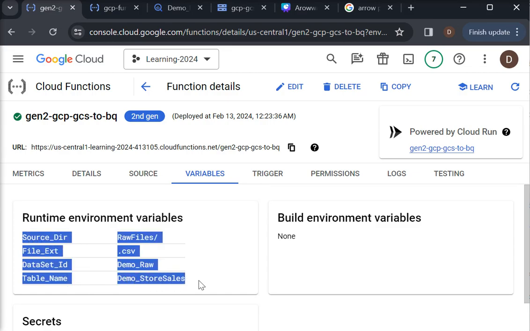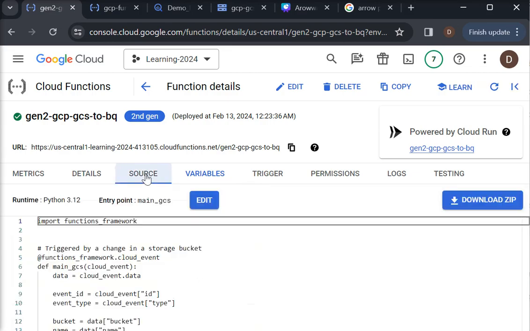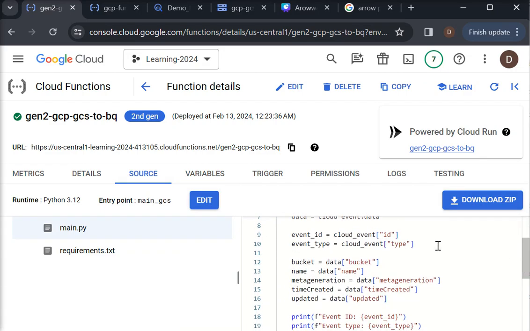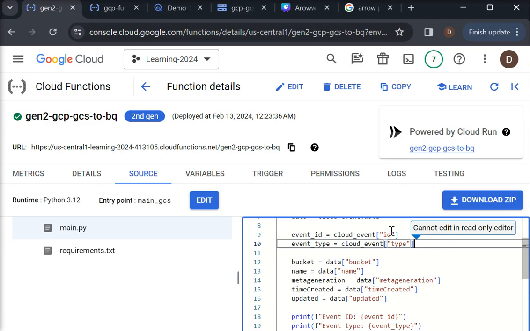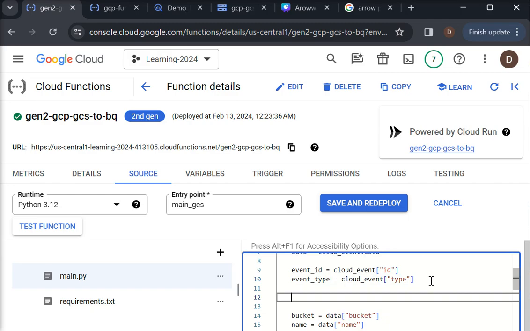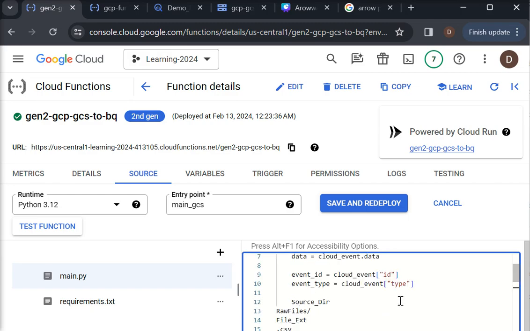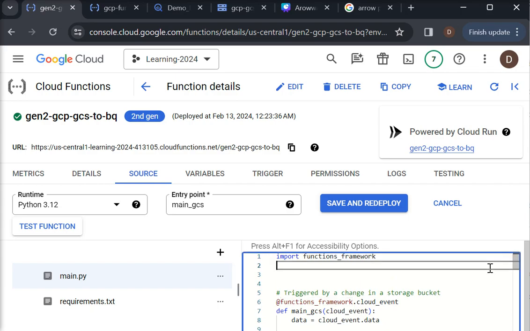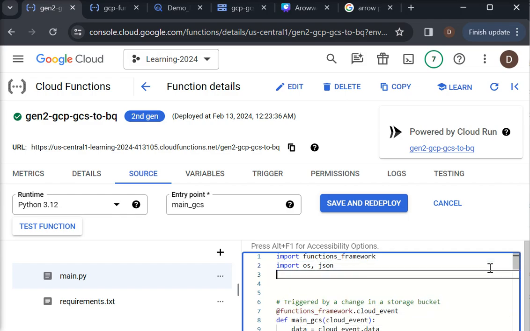Then copy and paste it from there and go to the source window. Okay, in the source window I'm just going to edit it and then paste them like this. Okay, so first of all we are going to read this file, so we need some additional packages like os, json, and then we are going to import